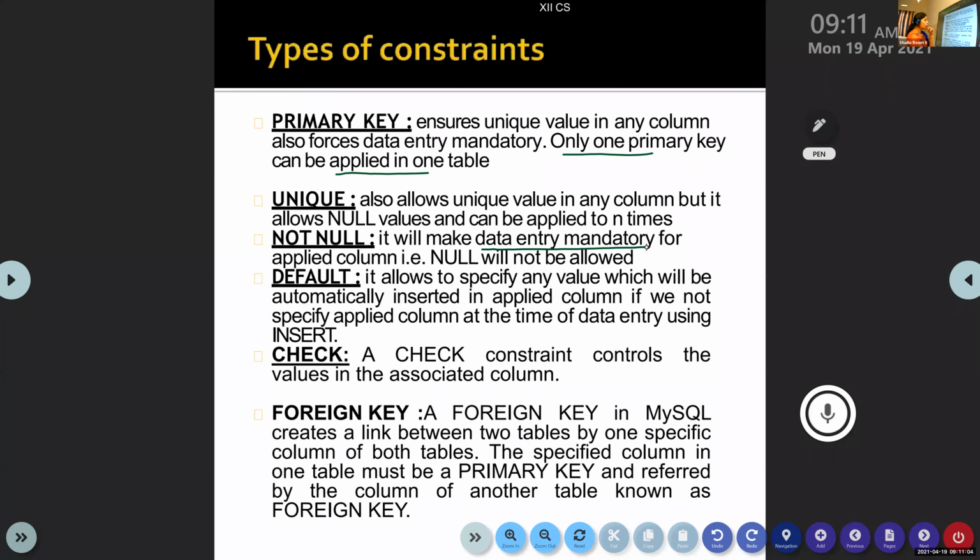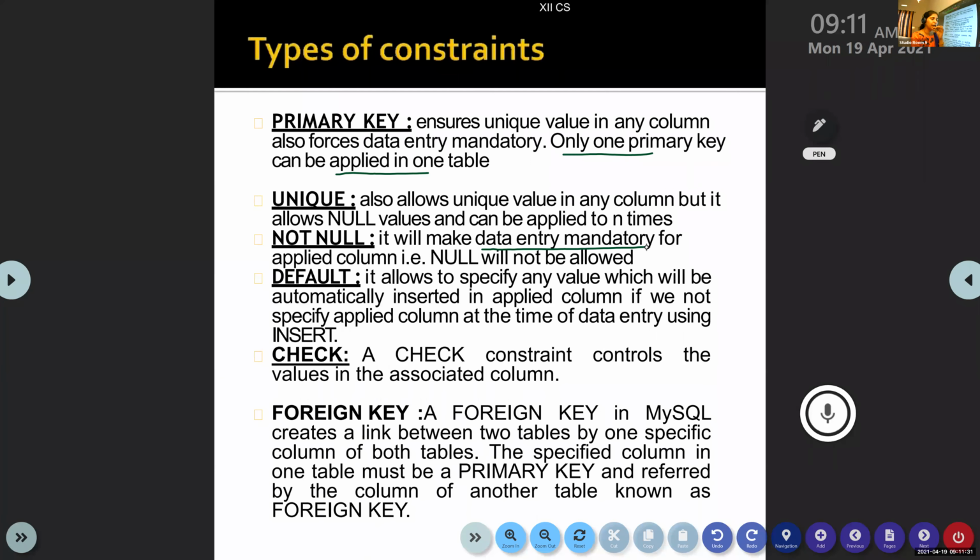Next one is default. Default means if we skip that particular column, if we leave it blank, then what should be the default value? Suppose we haven't entered any value for the mark column. You can specify a default value. If no value is specified, by default 0 should be displayed. Understood?